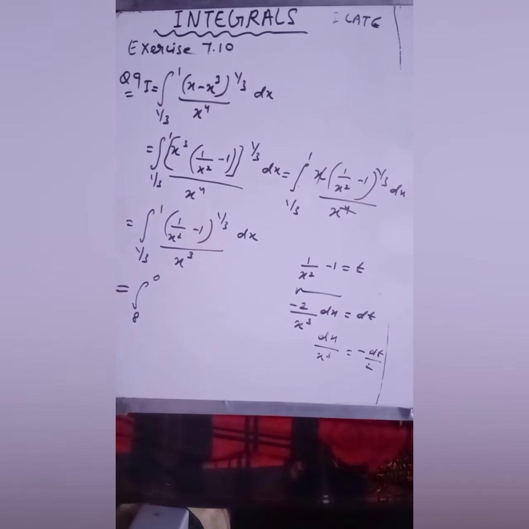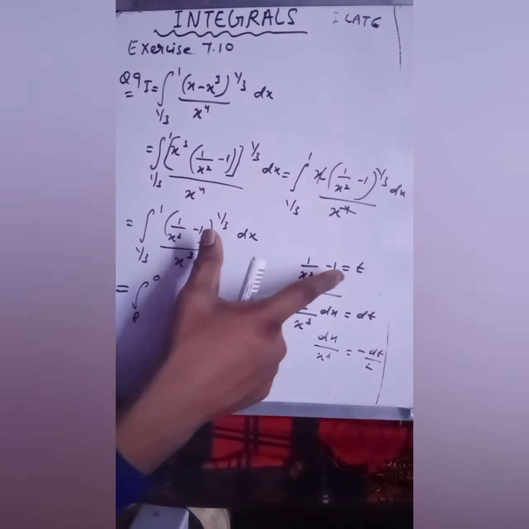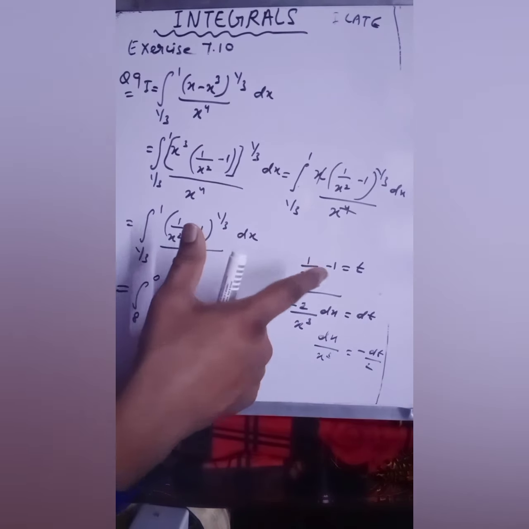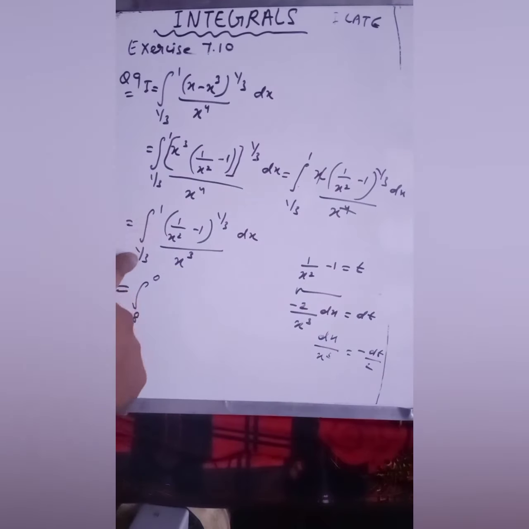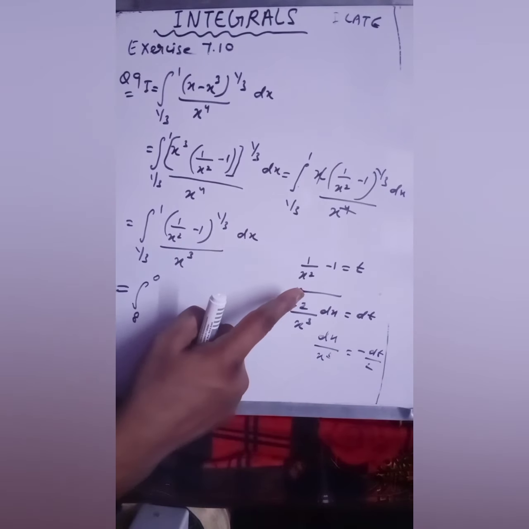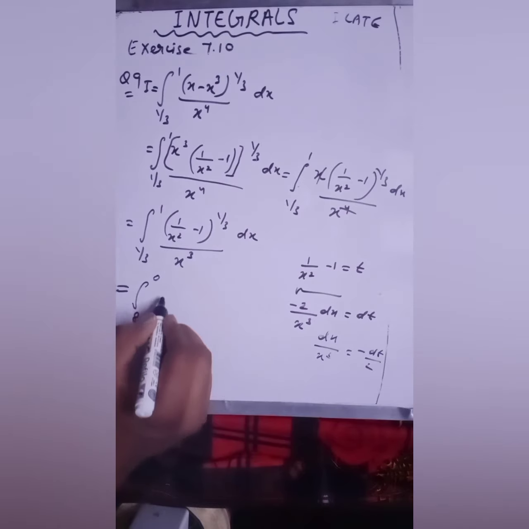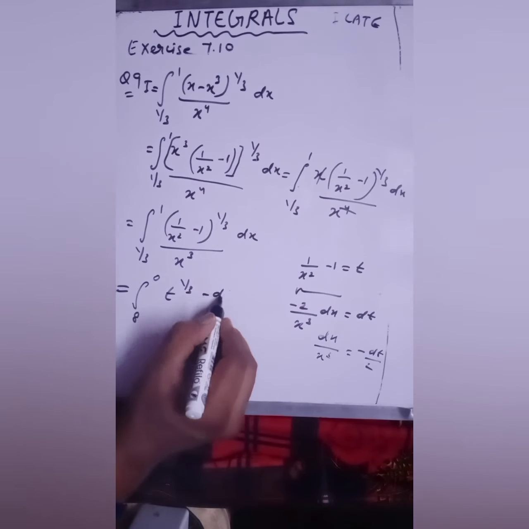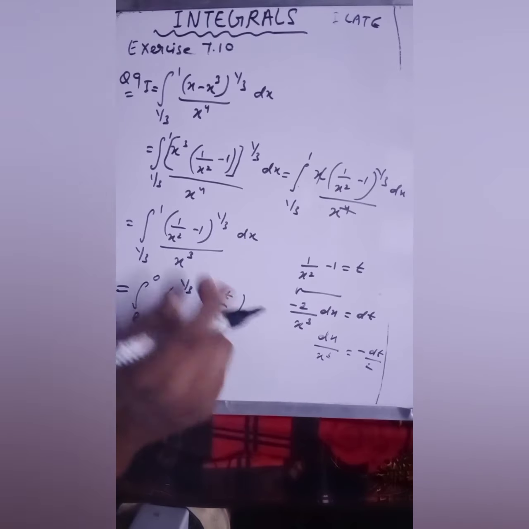Please remember that if you are putting this equal to t, you have to change the limit also. Students make mistakes here, they do not change the limit, so you must remember that along with the substitution the limit also has to be changed. Okay. So this is your t raised to power 1/3 and then dt by 2, because this is your t,